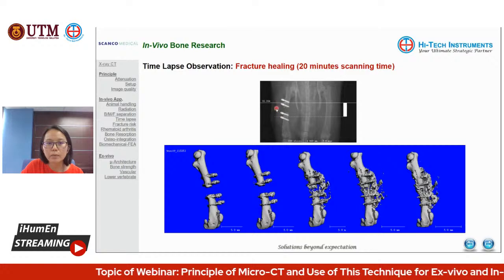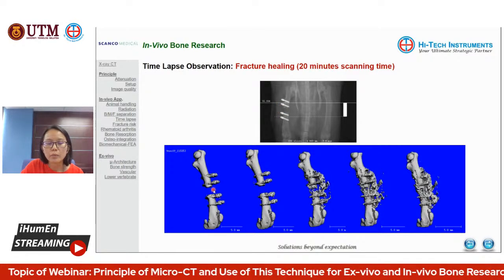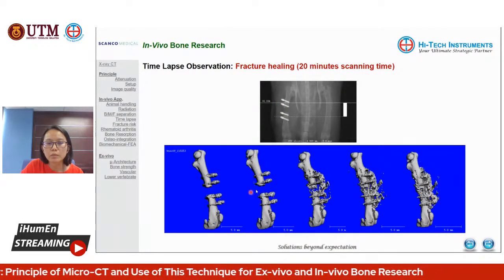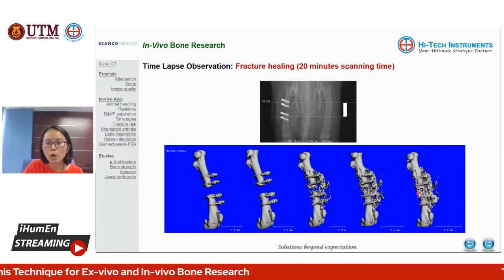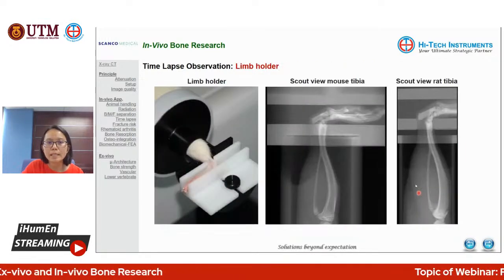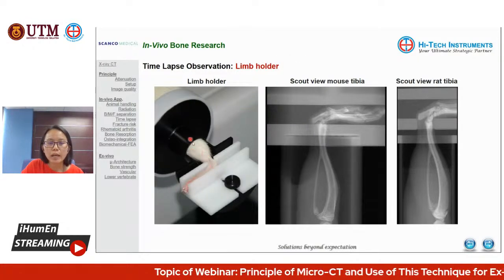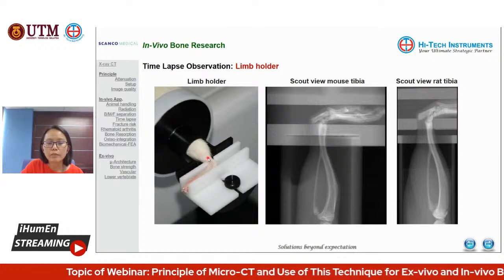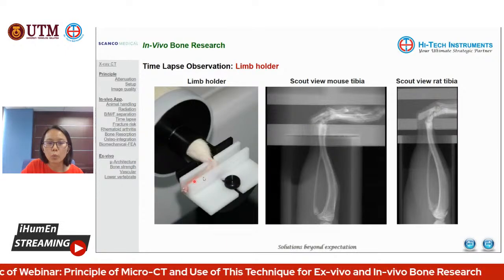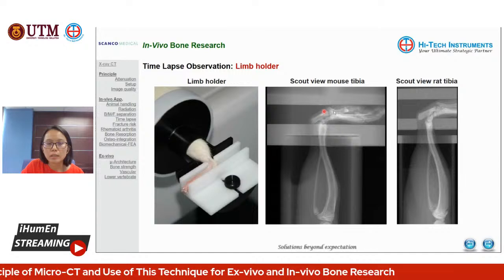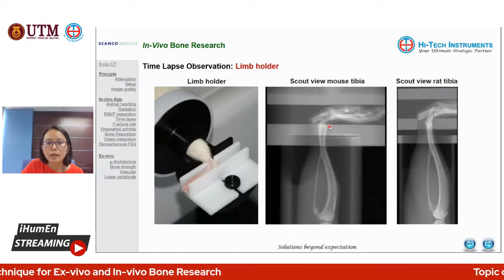After we apply some fracture at the center here, we can do time-lapse monitoring over time to look at the healing. Or we can also utilize an accessory like a limb holder, which you can see here. So the limb of the animal, for either rats or mice, is being held nicely. So it is being clamped nicely so that you can define the area that you would like to scan, whether